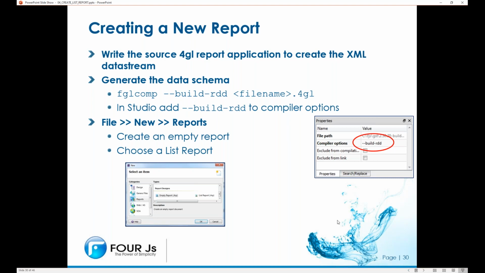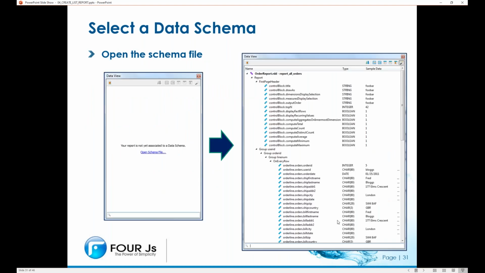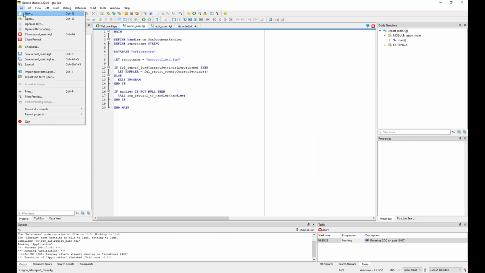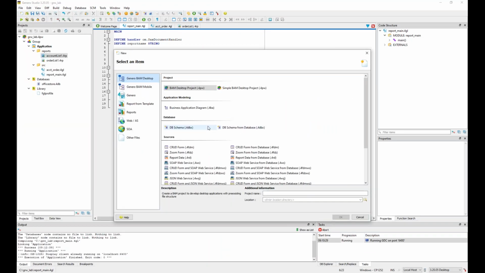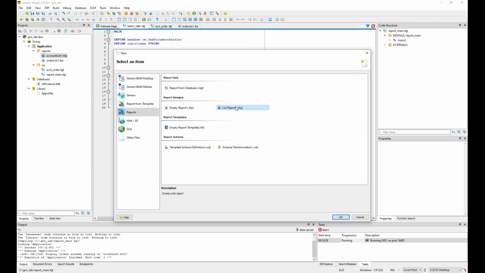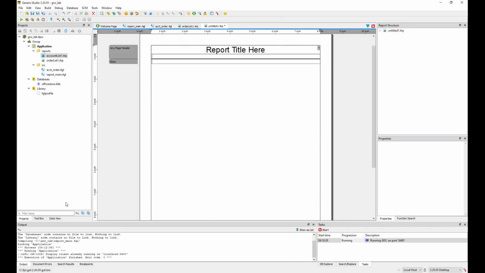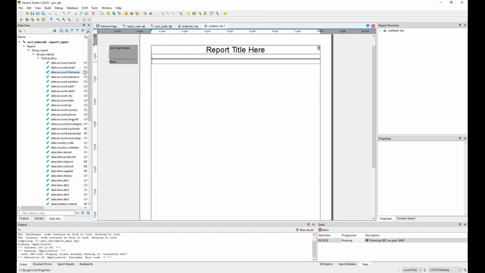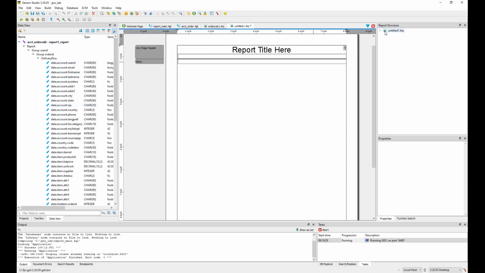When we create a new report, the first thing we have to do is open our schema file for that report. And the schema file is going to present inside of that data view. So let's go back to our project. I'm going to do a file new. I'm going to keep it with a list report right now. So I go to reports and I select a list report. In my data view, I'm going to open the data view that I have, which is my account order data view. And once I open that data view up,